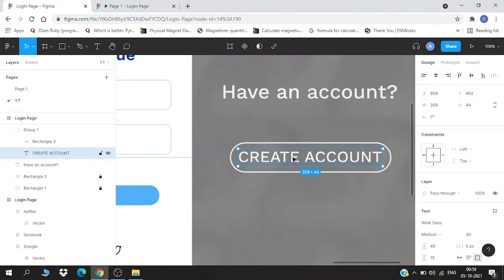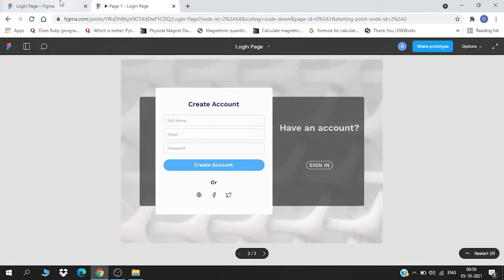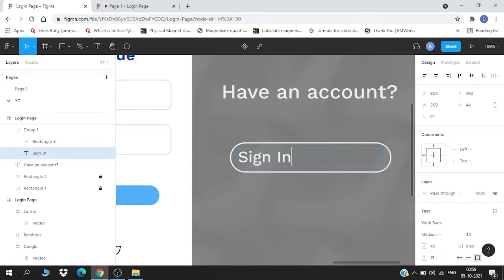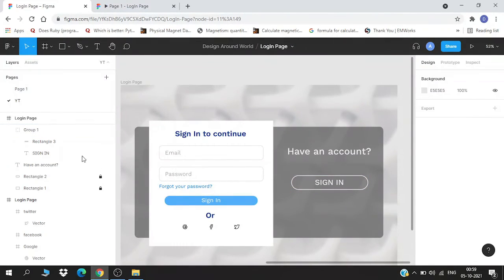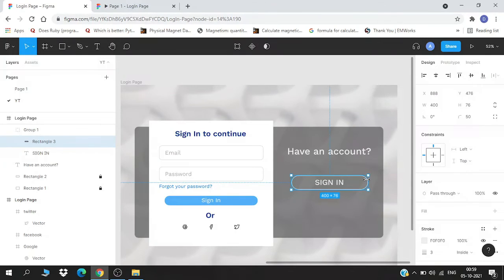So, have an account, sign in. Should we keep it caps on? Yeah, caps on. I'm going to resize its frame, and then we can actually resize this rectangle also, because we don't need it this big.